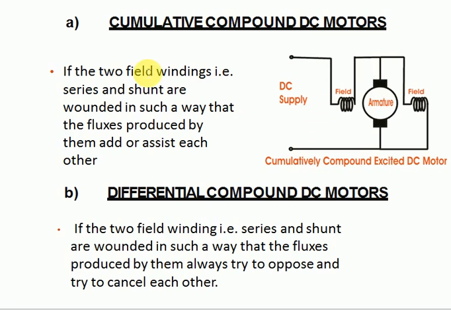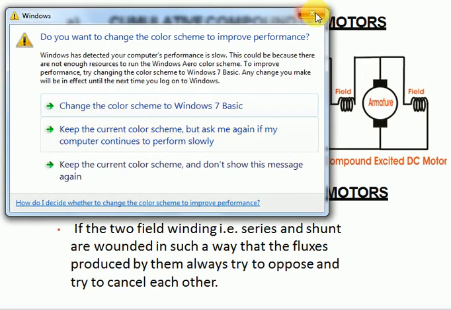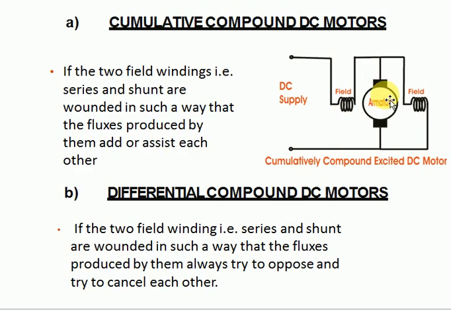Okay, these are the cumulatively compound and differentially compound. The two windings, that is series and shunt, are wound in such a way that the flux produced by them assists the other. You may find the diagram strange, but it is nothing special: the windings are shunted with each other, and then the series field is added. These are called cumulatively compound. The work of the field winding is to generate flux. Both this field winding and this field winding are generating flux. If the overall flux, that is phi, is added by this winding and this winding, then it is called a